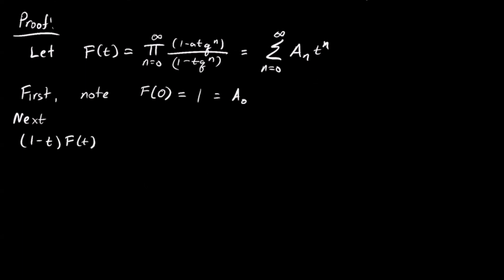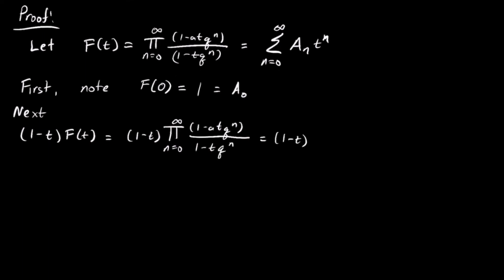All right, so I'm going to, again, use the product side for this. So I'm going to say 1 minus t times our infinite product, product as n goes from 0 to infinity, of 1 minus a t q to the n divided by 1 minus t q to the n. And what I'm going to do is separate out the n equal to 0 term. I'm going to remove that from the product. So when I do that, I'm going to get 1 minus t, which is our 1 minus t that we have outside. And when n is equal to 0, the numerator is 1 minus a t times q to the 0, and the denominator is 1 minus t. So I can pull this out,